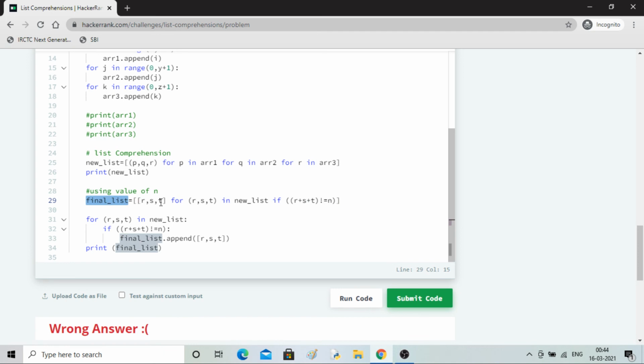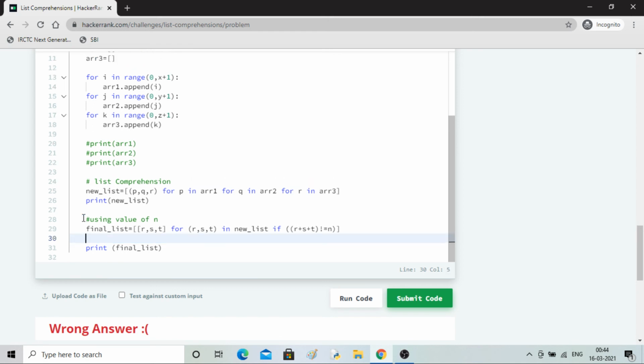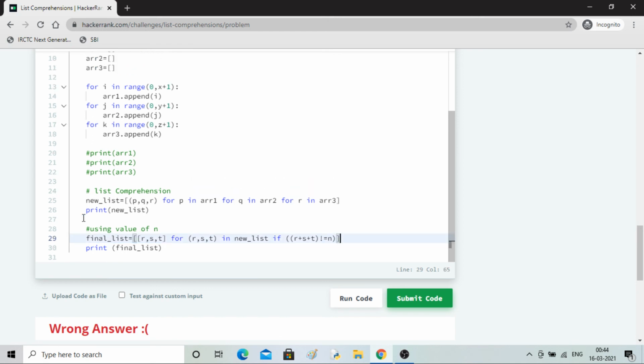See, okay, same process. It's just I have changed this to square brackets because I want the output in terms of square brackets. Here you can see, okay, square brackets, and the for loop is going and in the next line I can also test my if condition without a semicolon. So I can remove everything, and now I have cleaner code.